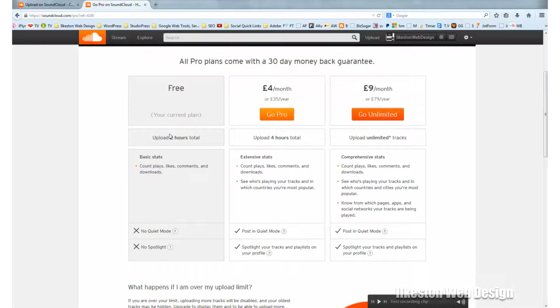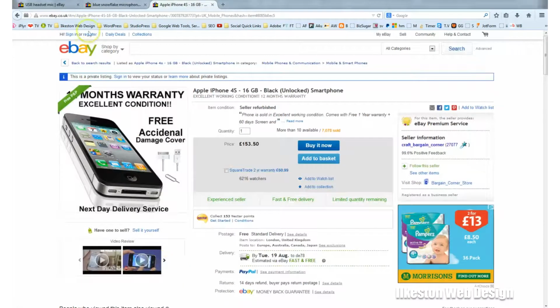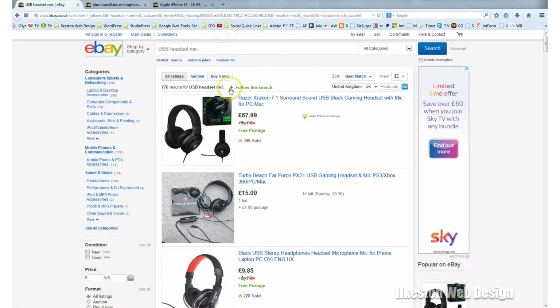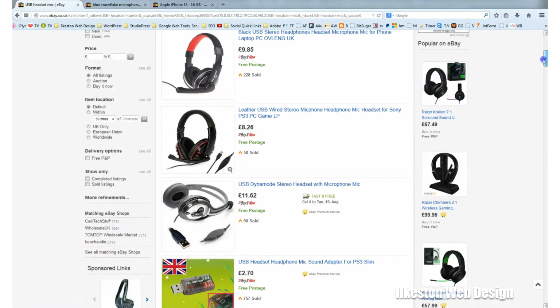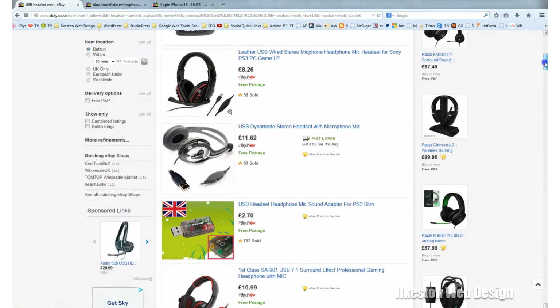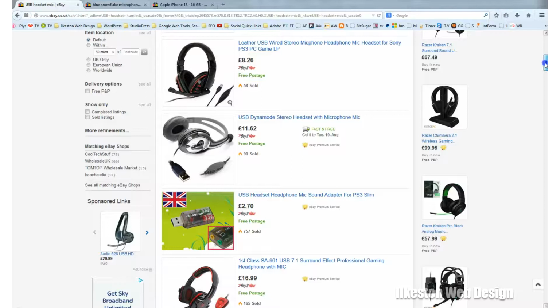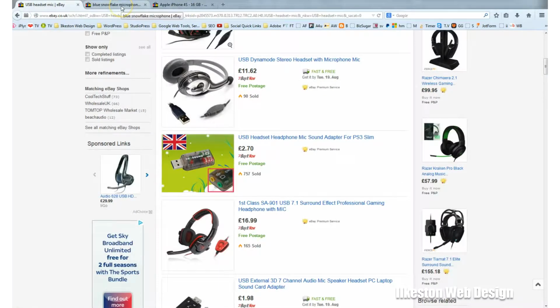So when it comes to recording, you're going to need something to record with, and you can use anything. You can use a USB headset, and you can find these on eBay for like £10. I bought a headset a couple of years ago. It's a USB one. It was like £5 with free delivery, and I tell you, the sound is great. And I think the USB technology has a lot to do with that. I'd try and avoid headsets which just plug directly into your sound card. I find they're a hassle, but the USB ones give a really good response. They're really clear.